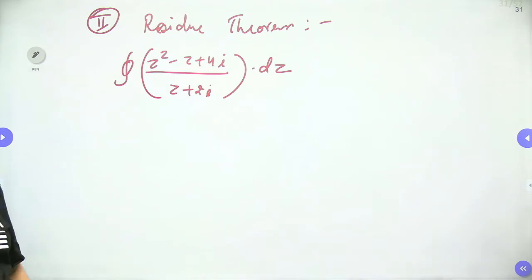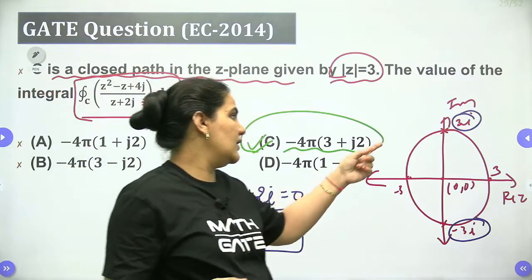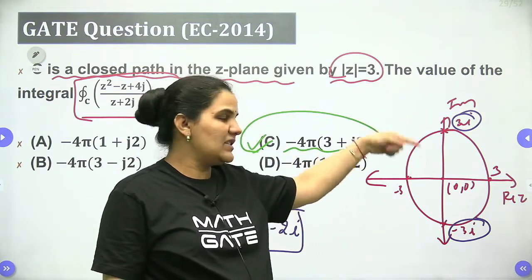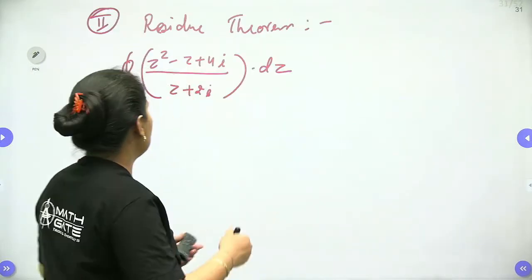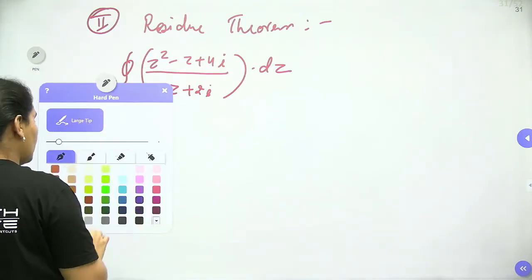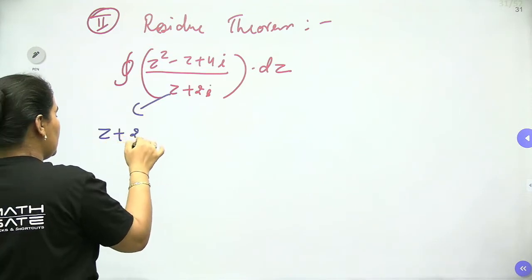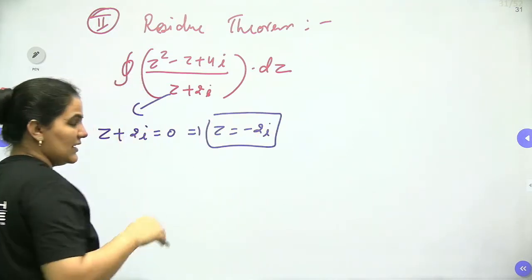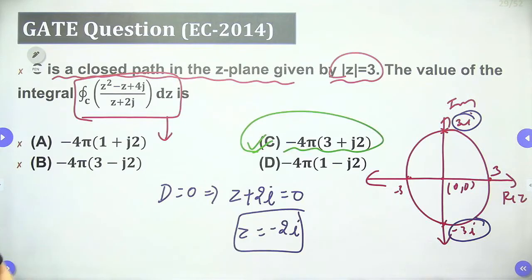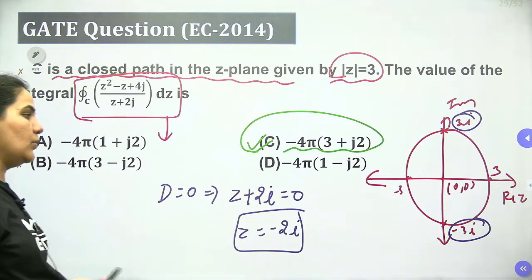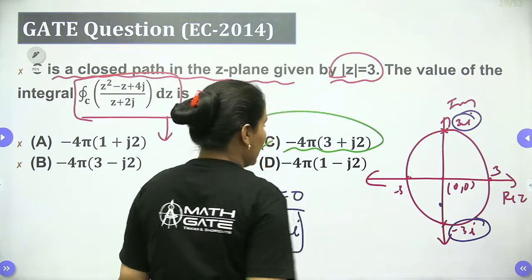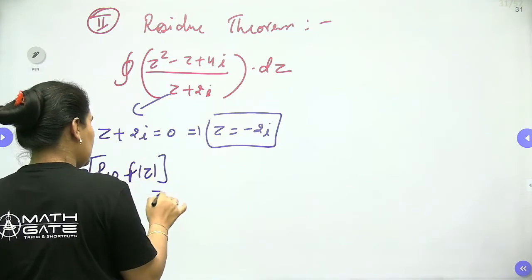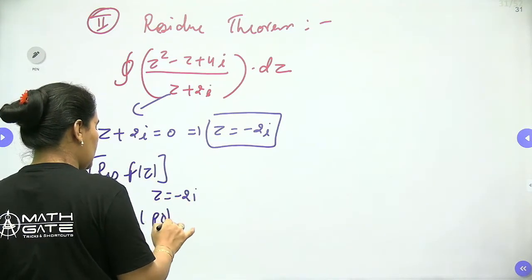Before finding the residue, as we know very well, for the residue theorem also, the points will be lying between minus 3 iota to 3 iota, right? So we can find the residue from here. For finding the residue, we have to find the pole first. So the pole will be z plus 2 iota is equal to 0, so z is equal to minus 2 iota. We can find the residue at this pole, because this pole is lying inside the closed curve, right? So we can directly approach. We have to find the residue of f of z at z is equal to minus 2 iota, or you can write at the pole only.